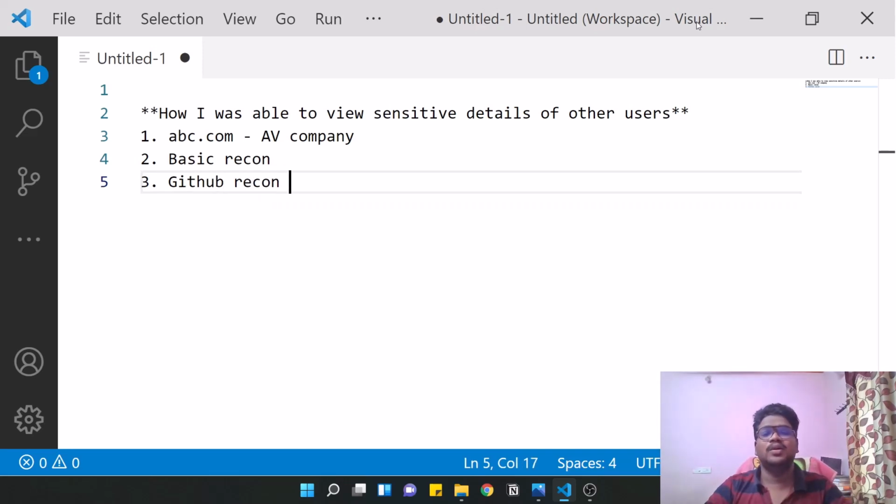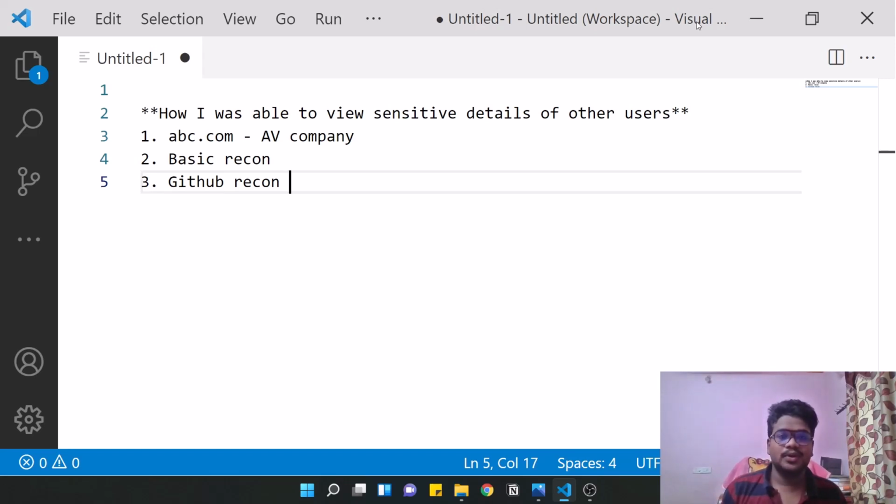In GitHub recon, I go to the company's GitHub repo, because in GitHub we can often find the source code of their applications. I did some recon on their applications to find API tokens or anything like that, but nothing was available there. Mostly I tried to find bugs on abc.com, and that was my mistake, because on the top domain, or the most visited domain, you might not find bugs. Even if you find one, it will be a duplicate.